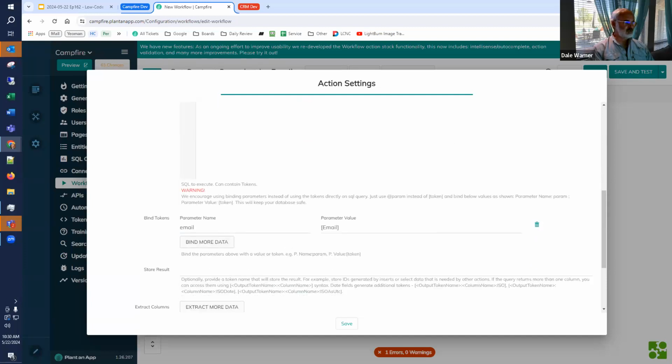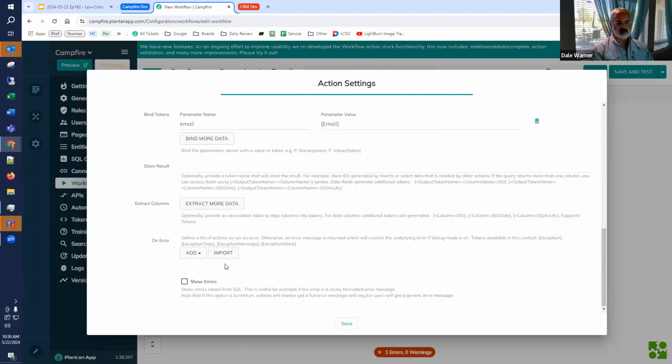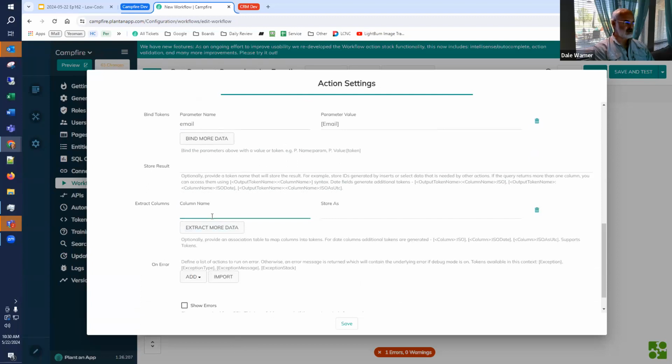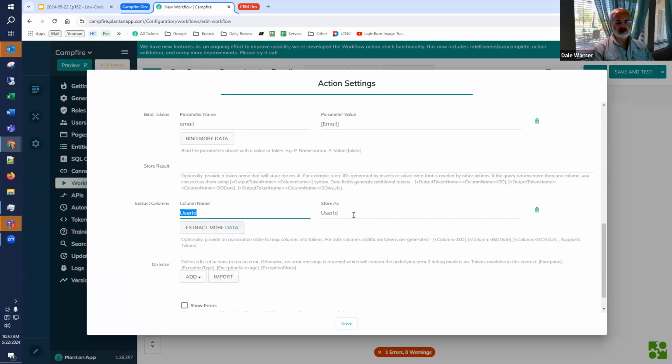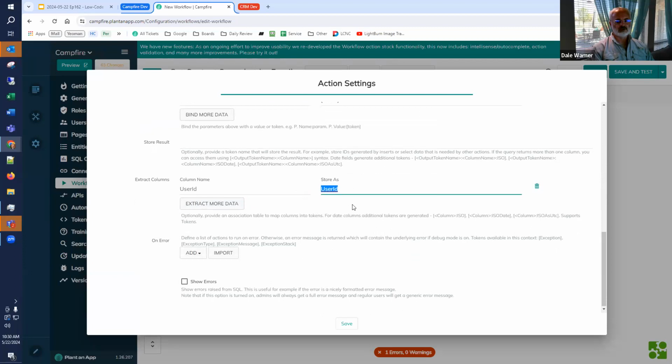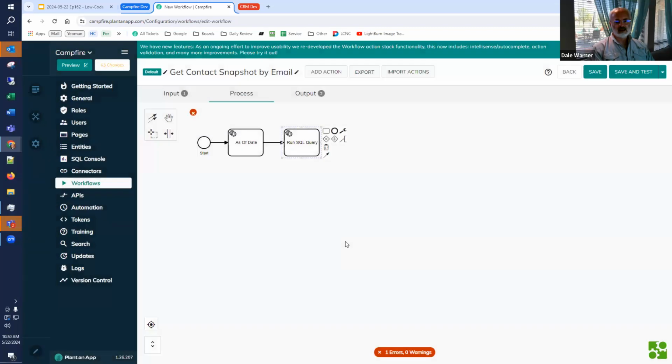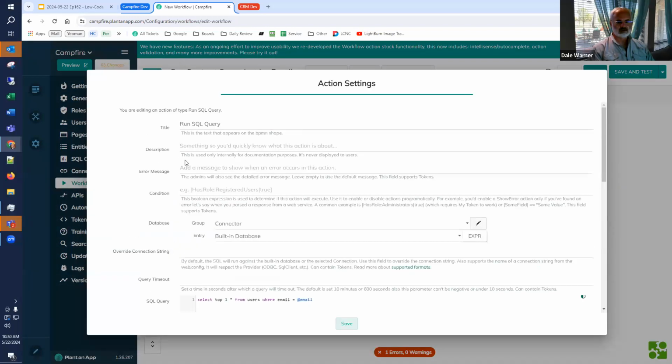From a result standpoint, what I want to get out is the user ID. So I'm going to do that through the extract columns, and we'll get out a token called user ID that's out of the query, and we're going to store it in a token. Sorry, this query is going to return a user ID, and so the column user ID is going to get stored as a token out of that one record. So that's how this SQL works. So this is going to give us a user ID, and oftentimes I'll give a better description than this. It'll be something like